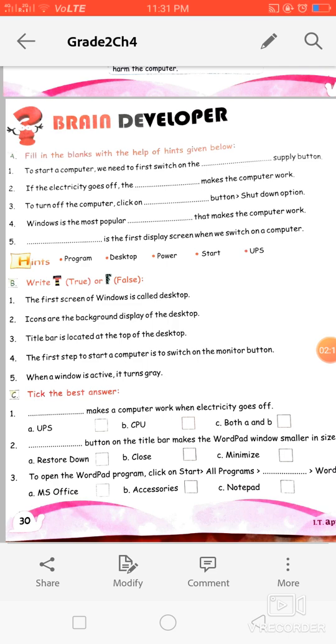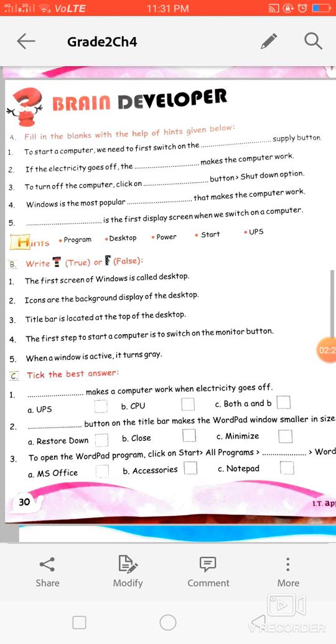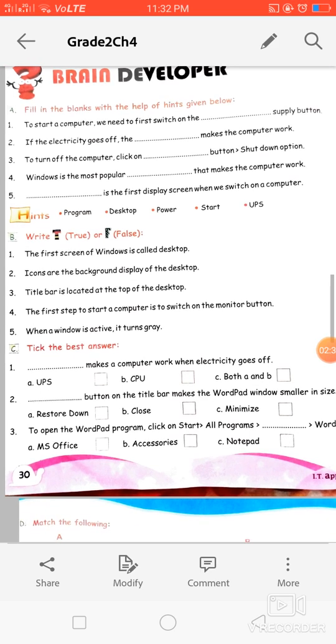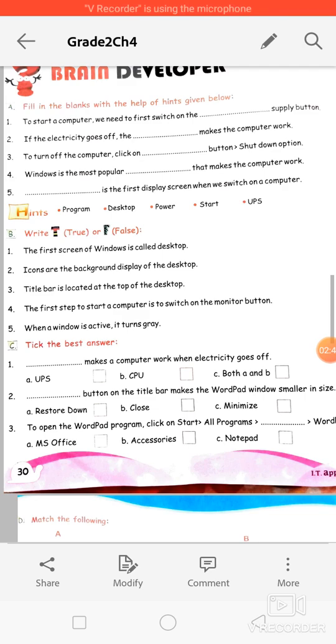Now come to the true and false part. The first point is, the first screen of Windows is called desktop. It is true, because in the fill in the blanks part we did it in point number 5. The first window that we see is called the desktop.